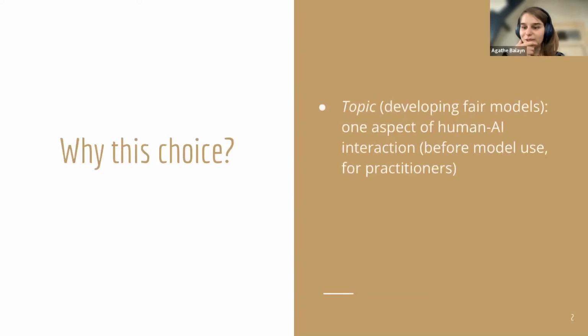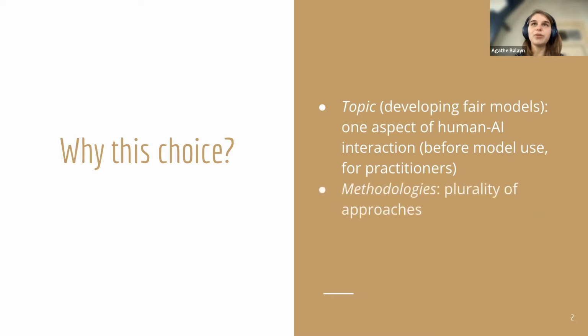Yeah, I chose these papers for several reasons. First is because it's about human-AI interaction, what we're looking into in this group. But I think it's quite different from most previous work on fairness and machine learning models, because it's now looking into the practices of people developing the models and not perceptions of end users or subjects of the decisions. Which is quite new. Yeah, so these papers are interesting because they are using a very diverse set of methodologies, and I think this can serve as inspiration for other works we could do.